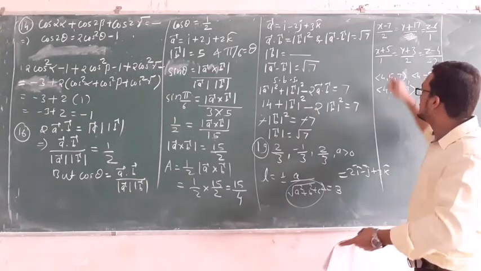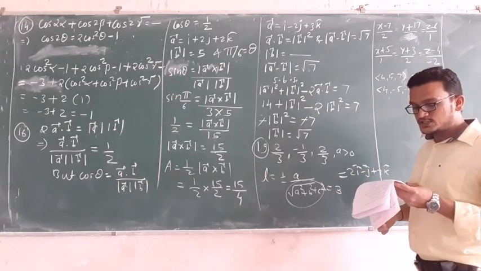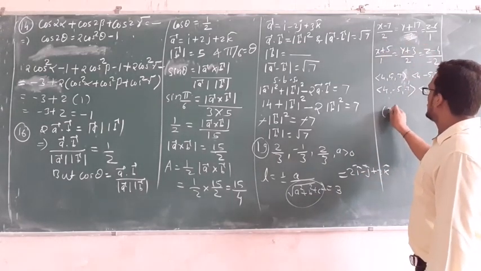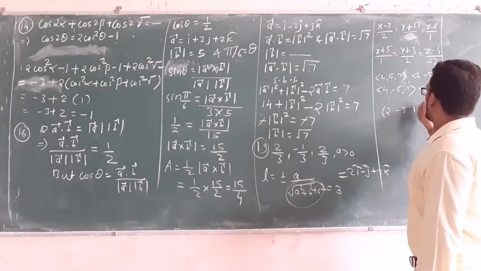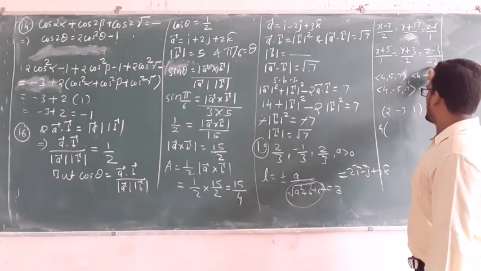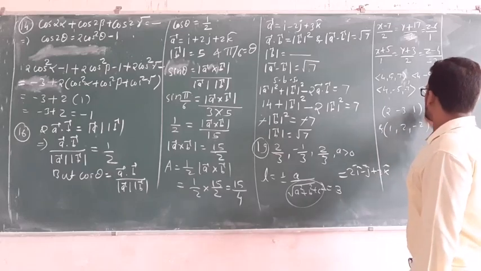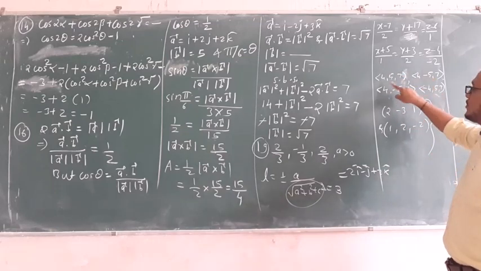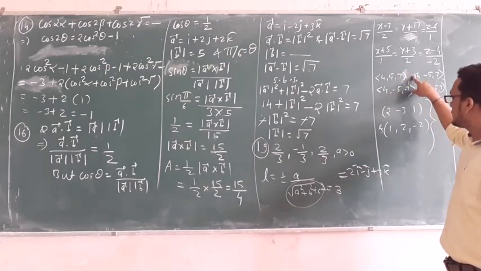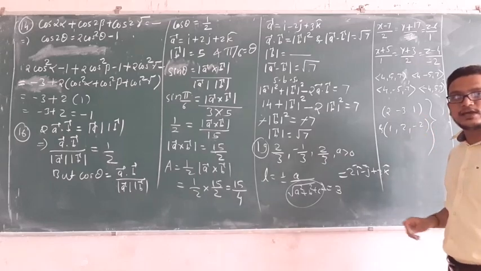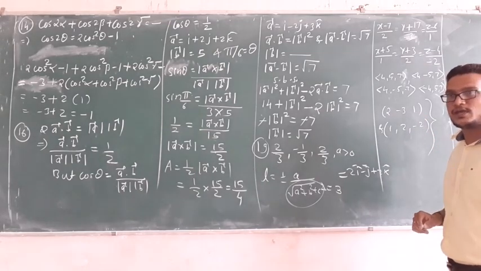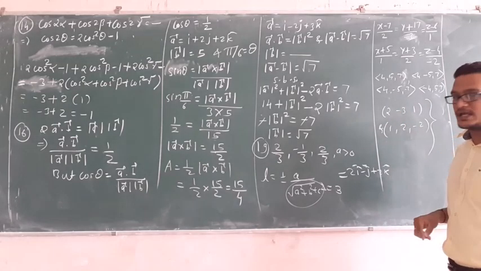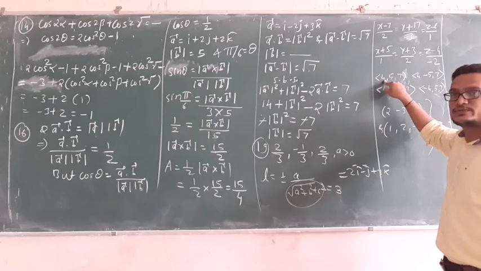How to check it? See, from these two lines we have to take the direction ratios: 2, -3, 1 and 1, 2, -2. Now from these four options, take any one and multiply with both; you should get the answer 0. If you get 0, then that direction ratio will be perpendicular to both lines. Now I will choose the first option, 4, 5, 7.